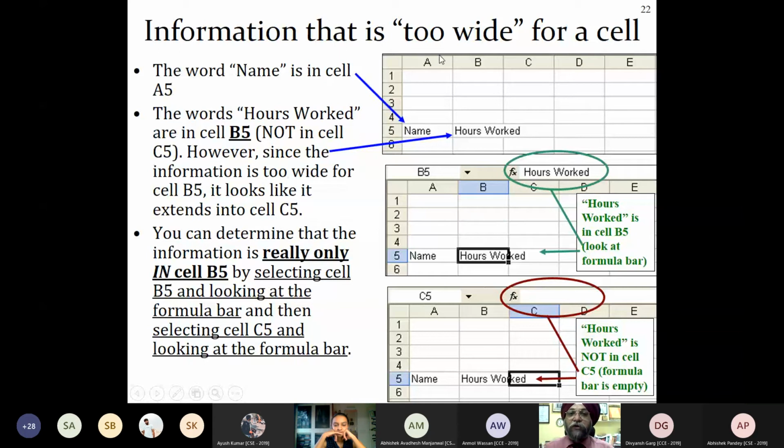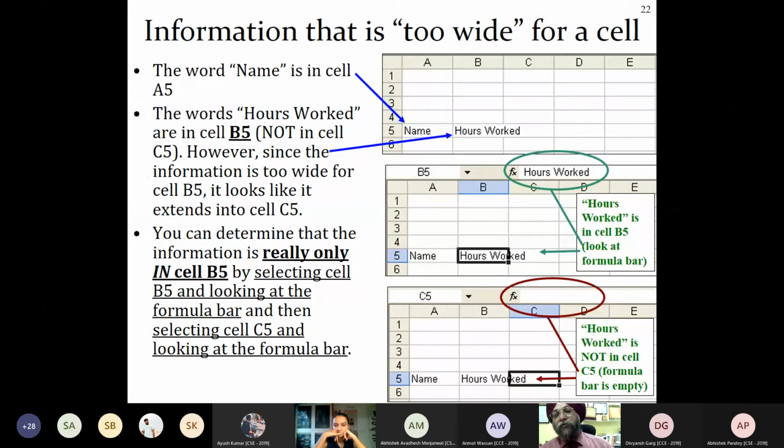And if you have entered information and it is too large, what will happen? Excel will cut off the remaining information in the cell, but this information will be totally visible in the function bar. If you write hours worked over here, it will be fully displayed in the function bar, but in the cell it will only come half, because the remaining half has gone under the other cell.